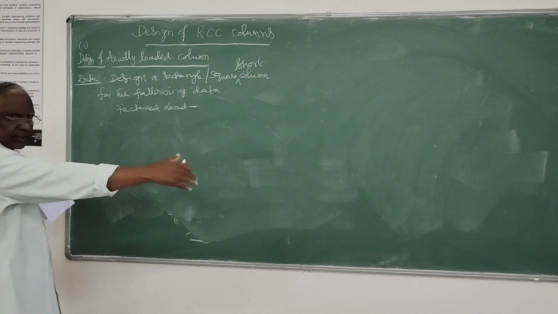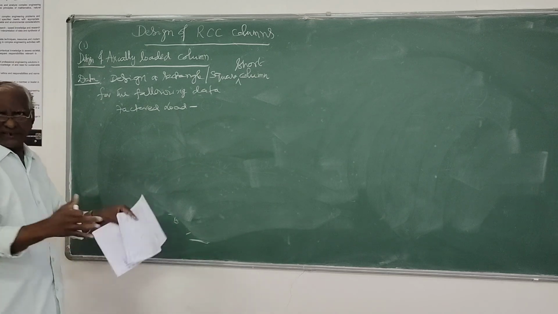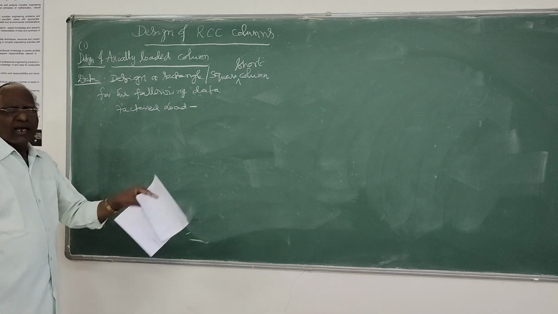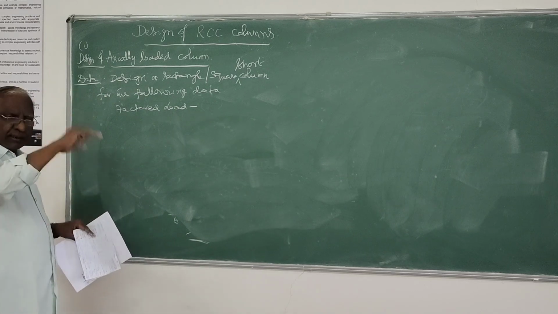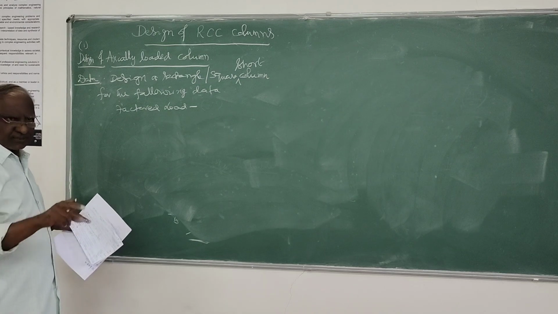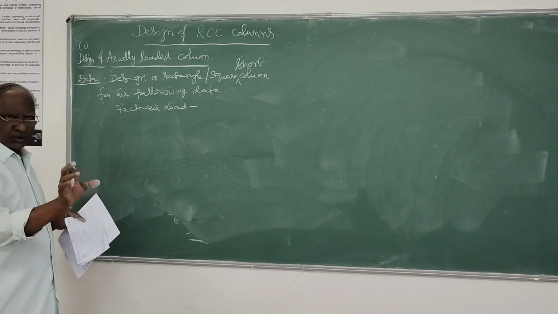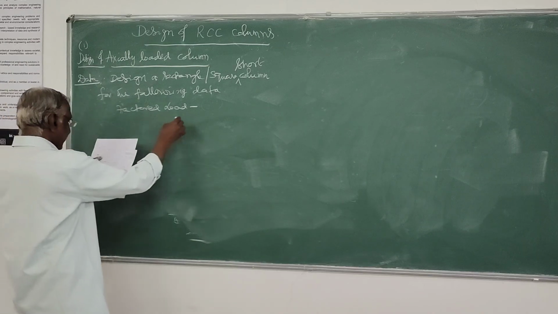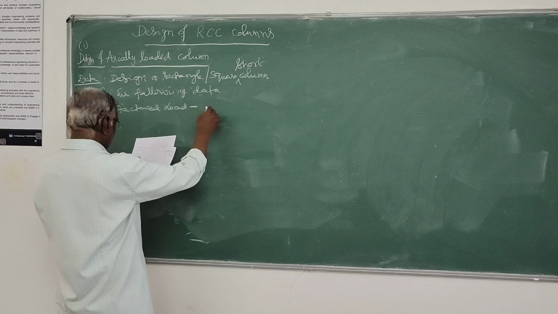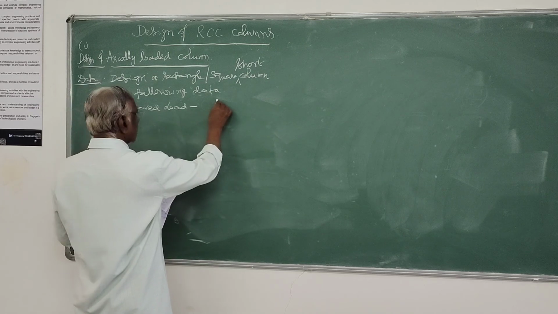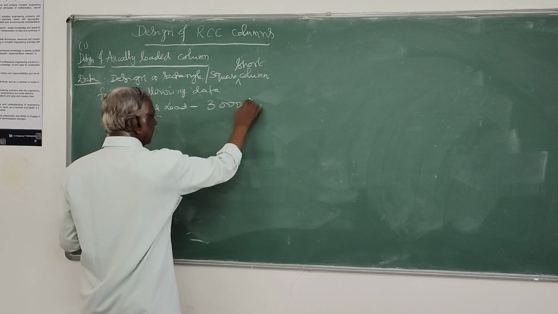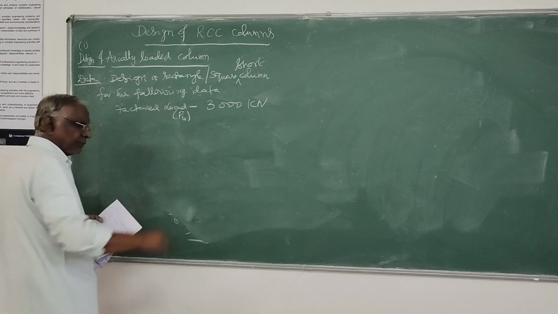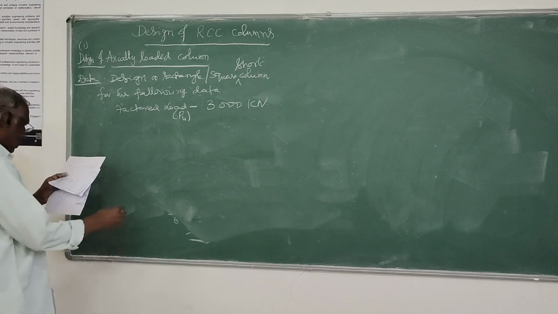If they give the data regarding what is the live load, what is the dead load, what is the floor finish, like that, all individual loads, you have to club all loads and multiply by the partial factor of safety. That is also given in the code. What should be the partial factor of safety which you use. So here I will take the factored load only. So factored load is 3000 kilonewtons.